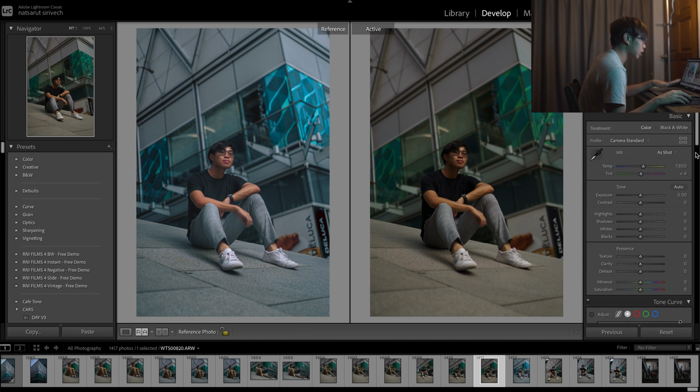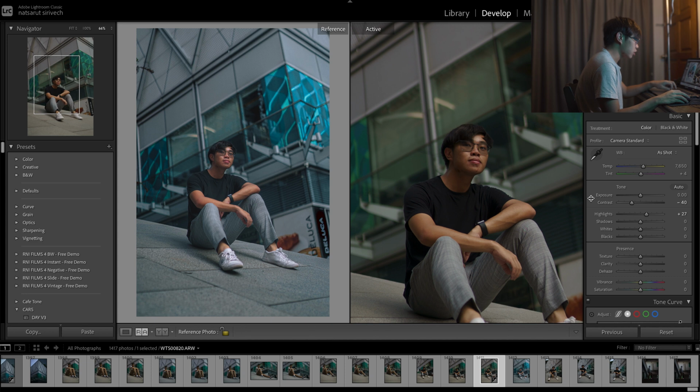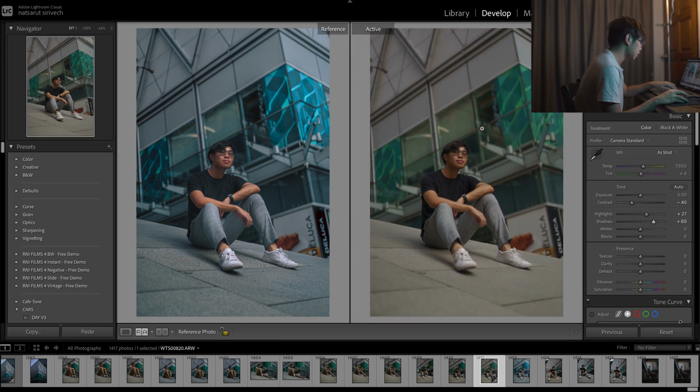First of all, I'm just going to leave the exposure right there. I'm not going to touch it. But there's quite a lot of contrast in the photo, so I'm going to decrease the contrast a little bit, maybe about 40. The highlights are a bit too dark, so we're going to pop them up a tiny bit, not too much, around there. The shadows are quite dark, so I'm going to bring those up a little bit. It's just a bit too much, maybe. Okay, that's perfectly fine. As you can see, I'm going to put up some whites a little bit.